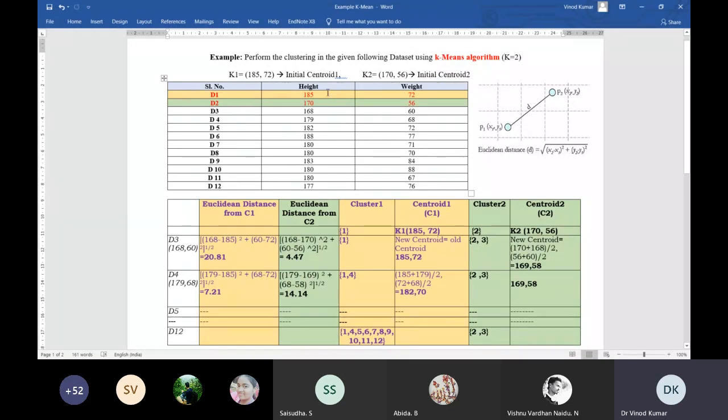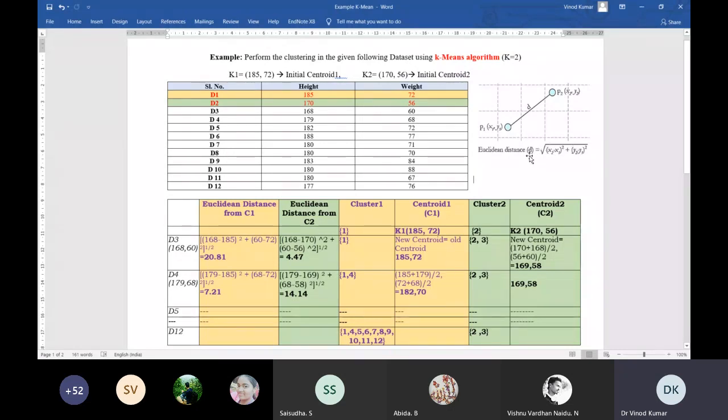In this we have 2 dimensions, 2 attributes. One is the height and the next one is the weight. Based on this data set, I have to divide it into 2 groups. So how will I do it? You observe this. For measurement of the distance we will use the Euclidean distance formula. For 2 points we can find the distance: x1 minus x2 squared plus y1 minus y2 squared. Then we take the square root.